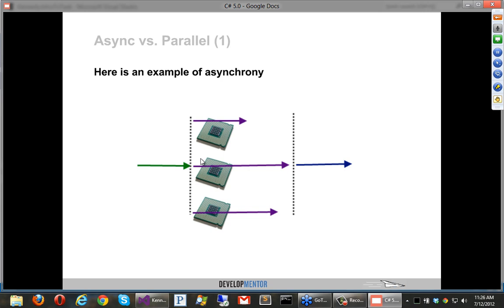The example we just did with Expedia looks like this, right? We have some kind of request comes in and we kick off 3 separate threads on 3 processors. We do them all in parallel and then we wait for them to be done. Right here, we wait. And then we gather up the results and we keep going. So this is a perfectly good example of asynchrony. Now in our world, we actually blocked waiting for the results, but that was a choice our main thread had. It's not like the threads actually block the main thread.